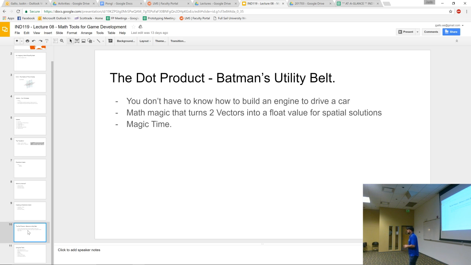So games like Splinter Cell and Hitman use the dot product. Guarantee every game you've ever played uses the dot product. No, I cannot guarantee that. I could say 90% of the games that you've ever played have probably used the dot product. What would be an example of a game that doesn't use the dot product? I can't even think.